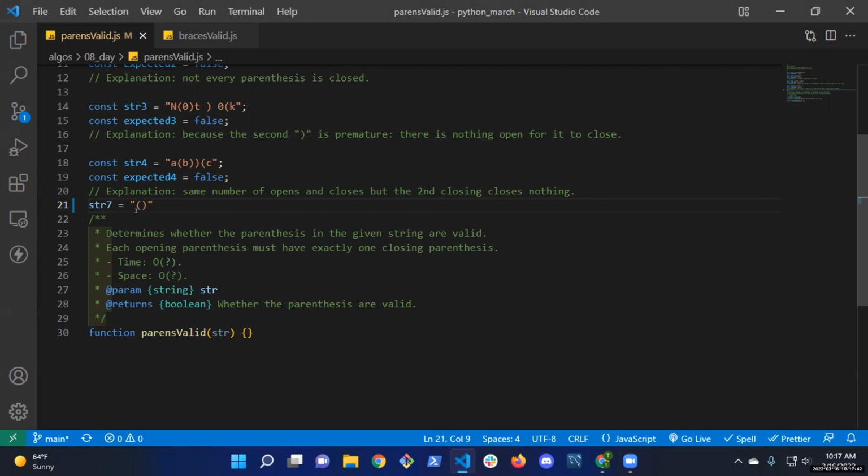How do I know that this is valid? Just looking at this, how do you know it's valid? It has an opening and closing. Yeah, we can look at it and see this is a valid one. So one of the ways that I can tell is there's an even number, the same number of opening as closing, right?